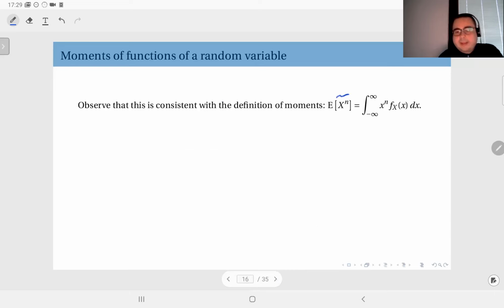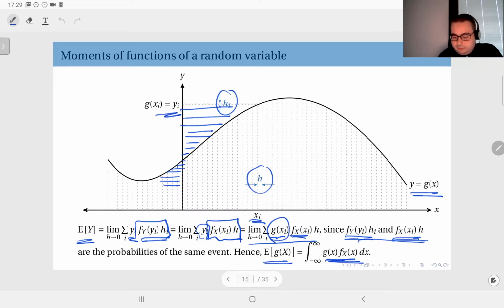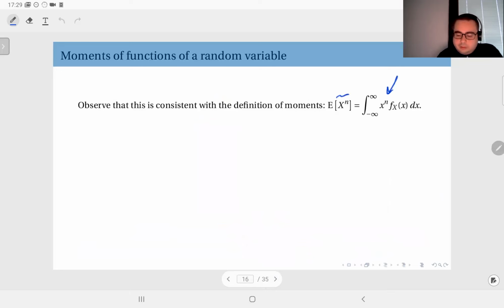If you see x to the power n as a function of random variable X, this is what you get as this relation implies. Okay, g of x is x to the power n. Therefore, what you get here as the nth moment of X, you get the integral over the entire real line, x to the power n multiplied by the PDF integrated. Okay,